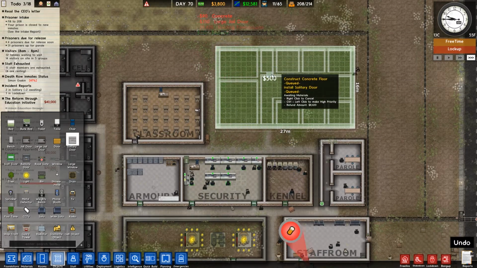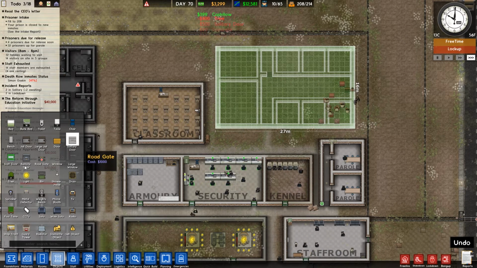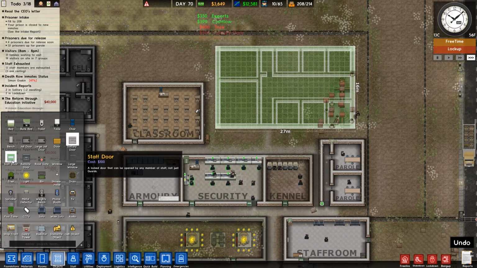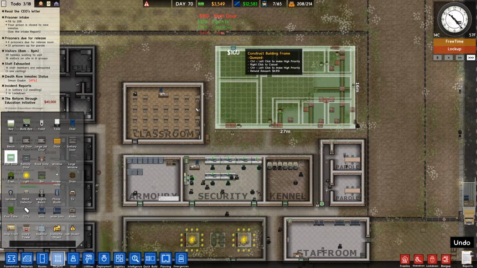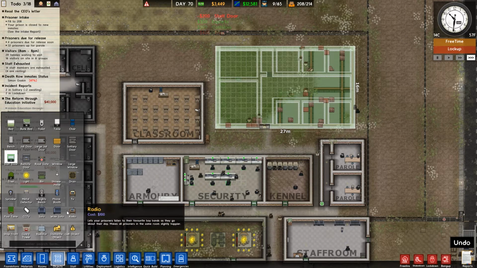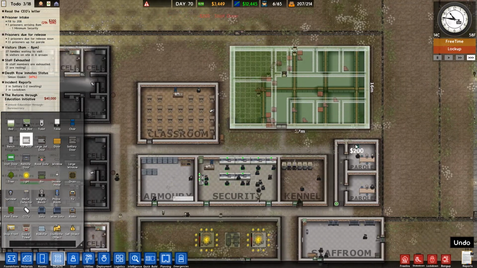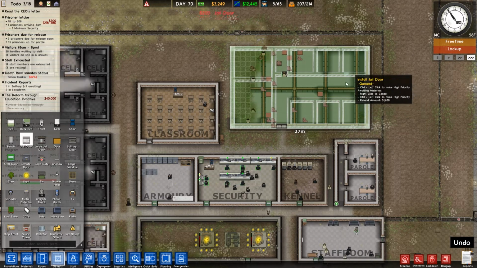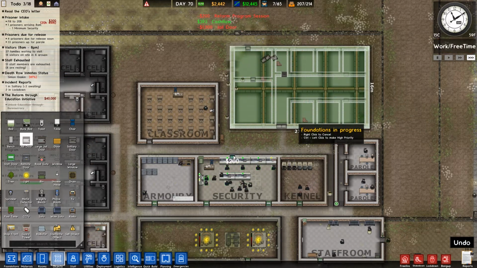We want a solitary door there. We want a staff door here, and we'll probably have one here at the back. We will want jail doors. We'll just replicate our normal cell design. I know now, obviously, I'm doing it manually, so it's a bit of a pain, but...